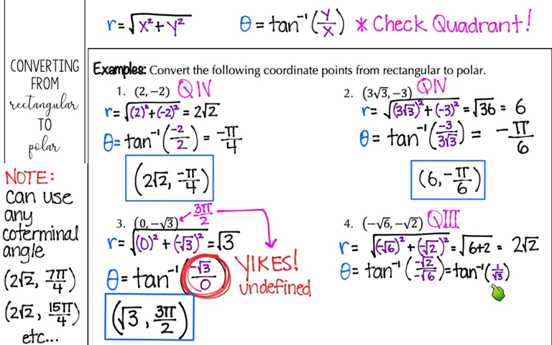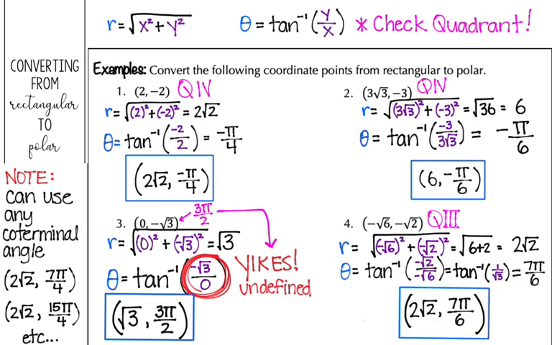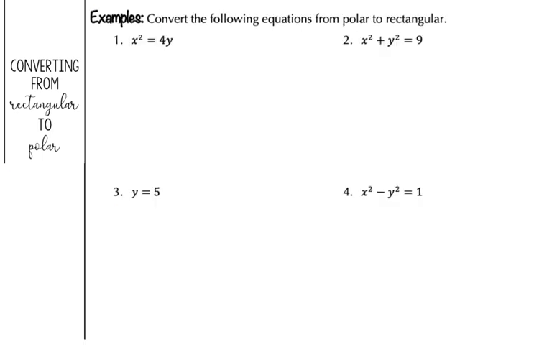So we're looking in quadrant 3 where the tangent would be 1 over the square root of 3, and that would be 7 pi over 6. So our answer is 2 root 2, 7 pi over 6. We still have to use our unit circle to find these things. All right, converting